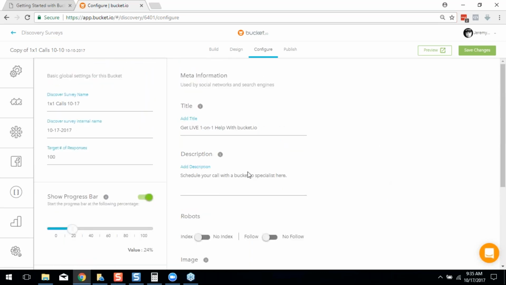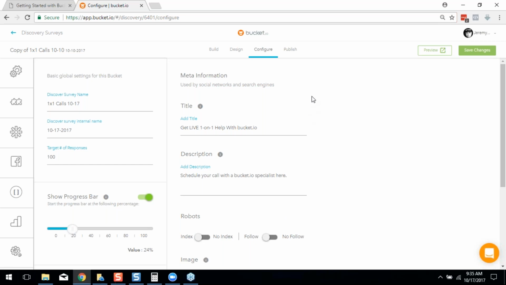The second most important part of the screen besides the name is this meta information over here. The reason you do not want to leave this blank is because once you paste this link out in the wild, whether it's Gmail or Facebook or anywhere, most of the time nowadays the platform that you pasted the link on will show a description of that link so people will know what they're clicking on. And if you left this as untitled, then all they're going to see is untitled, no description,